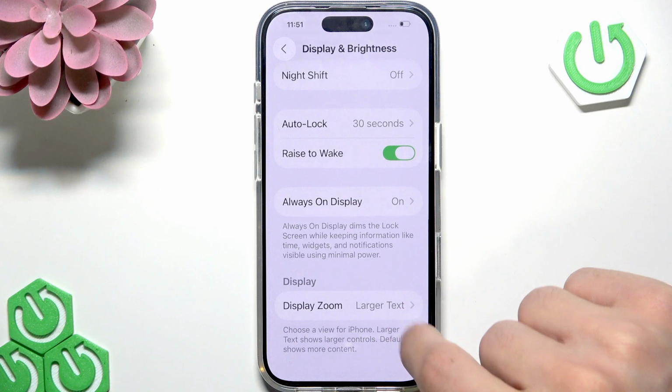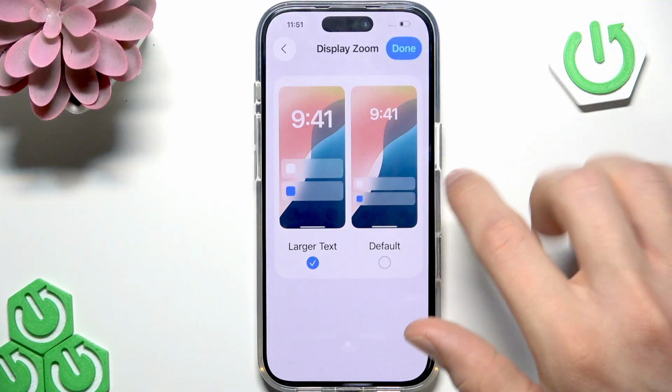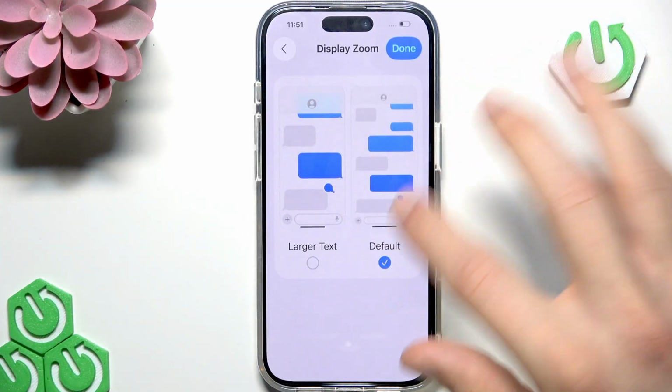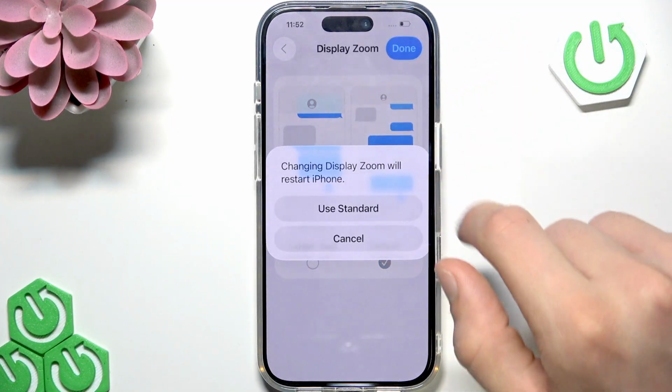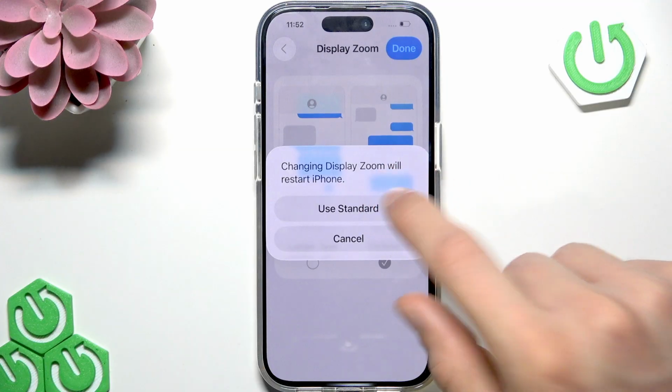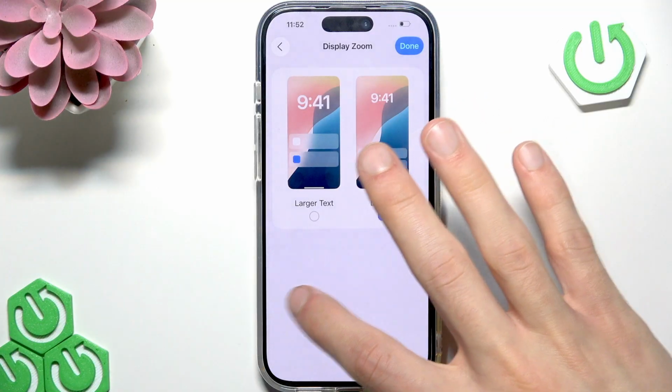Now for the display size, you have to scroll down to the very bottom of this menu and then select either the default display size or larger text option. Now I'm gonna go with default, then click done, then click use standard to confirm, and after that the changes